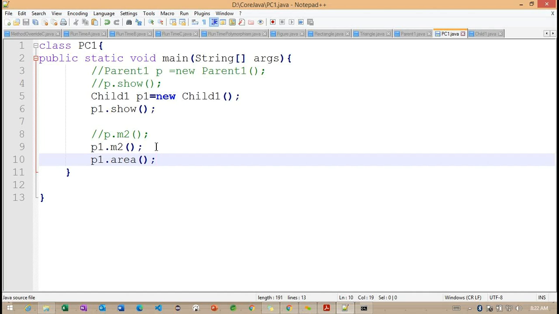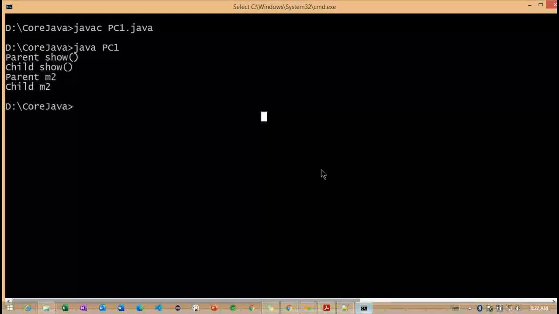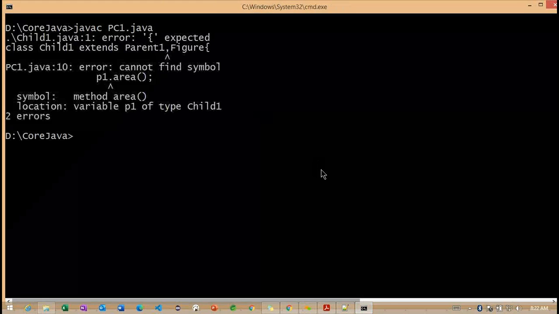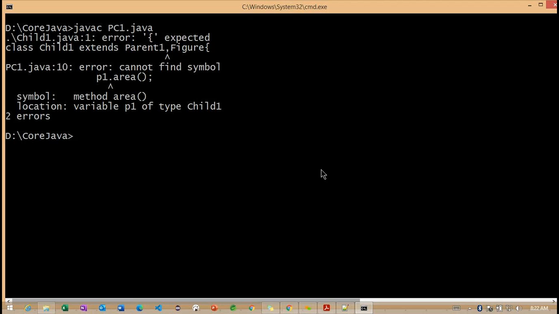So two of the methods are available in parent one, and one method is available in the figure class. This is indicating multiple inheritance. Let me compile this: javac PC1.java. Now you can observe what happens internally.